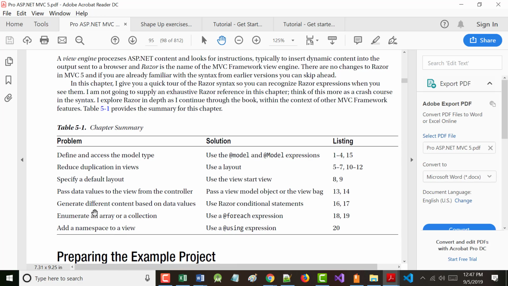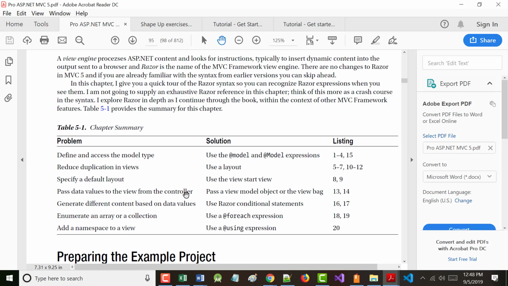So you can see what we cover in here. One thing I do want to make sure you understand, again, I know you've heard it before, you've seen it before, but this @model with a lowercase m and the @Model with an uppercase M designation. I want to make sure that you understand that. Some of the other stuff in here, using a layout, we've already used a layout. We've used the underscore layout file. In this chapter, the author calls it underscore basic layout, which is fine. Then he shows you that you can add that file, but you don't need to add that file. So we'll talk about that.